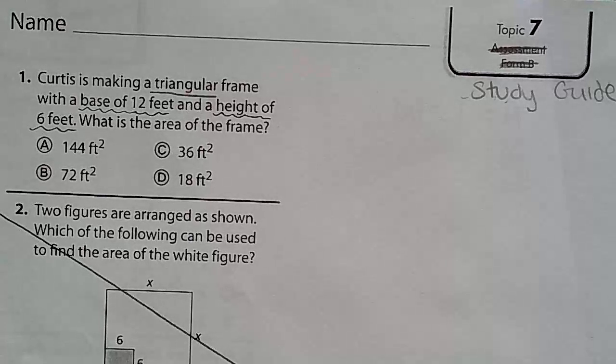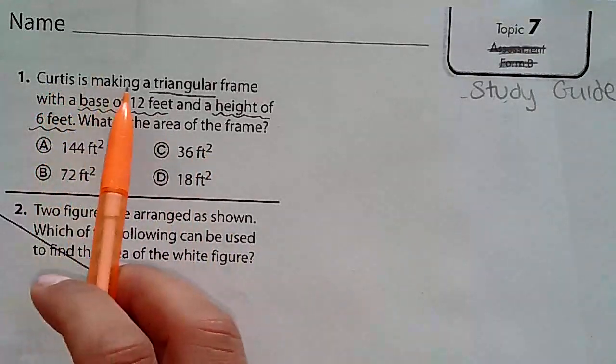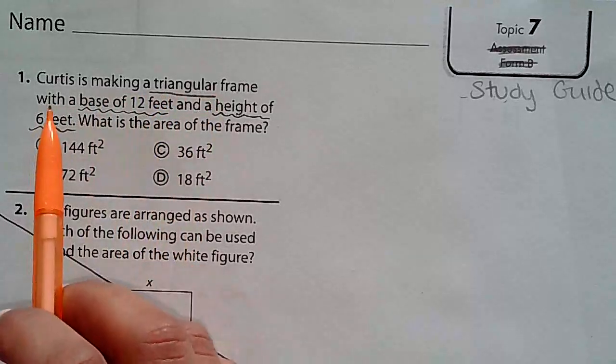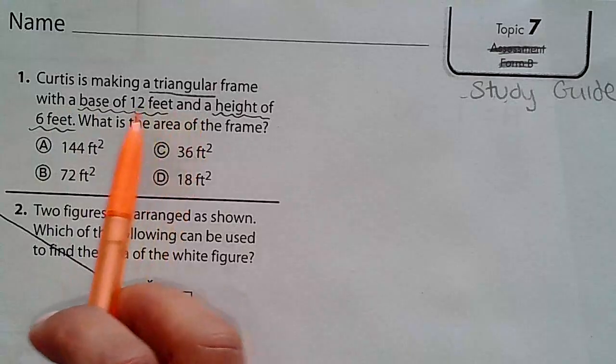This is the topic 7 study guide. Your test is going to look very similar for topic 7. So, number 1 says Curtis is making a triangular frame with a base of 12 feet and a height of